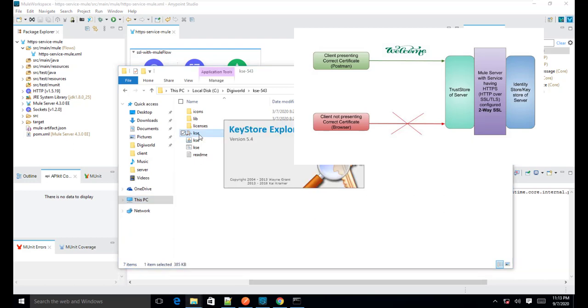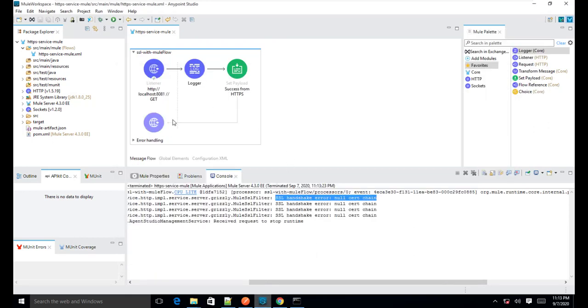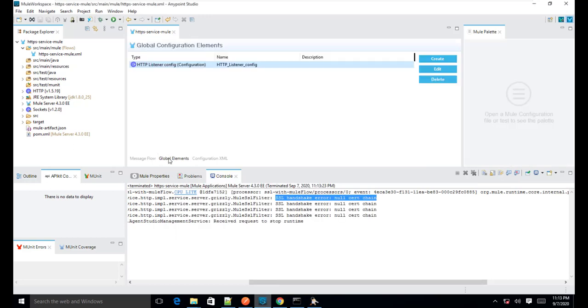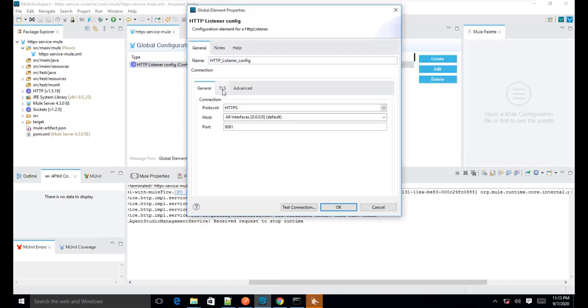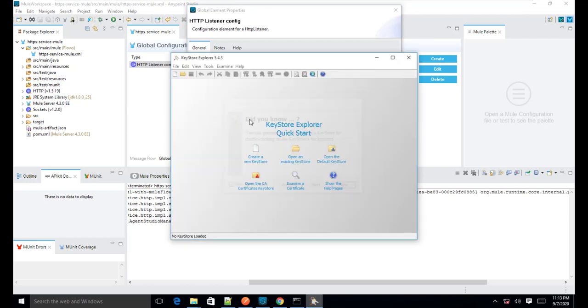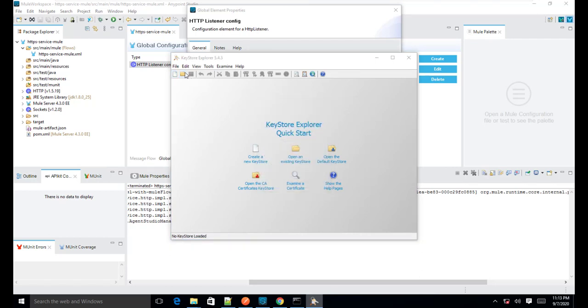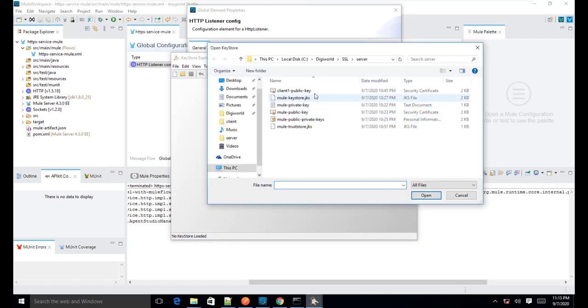I'm just opening it. As per the trust store configuration, it is referring to this file, this Mule trust store file. So I will open that file and remove that certificate from there.